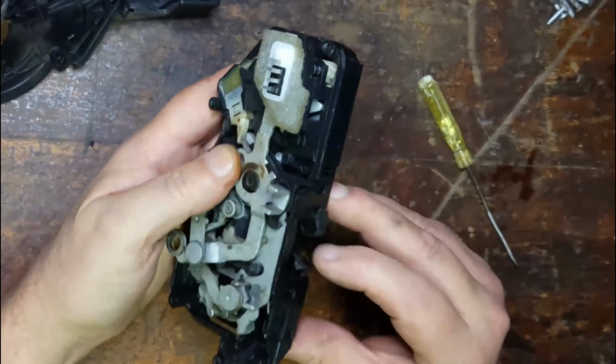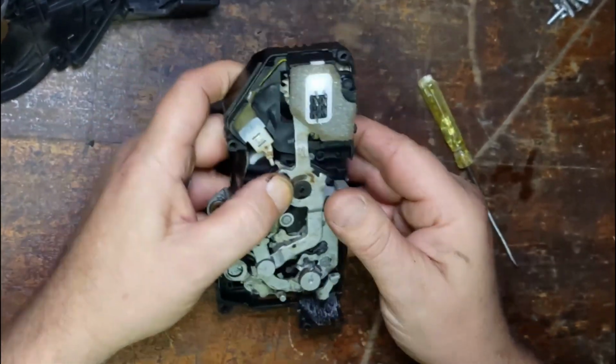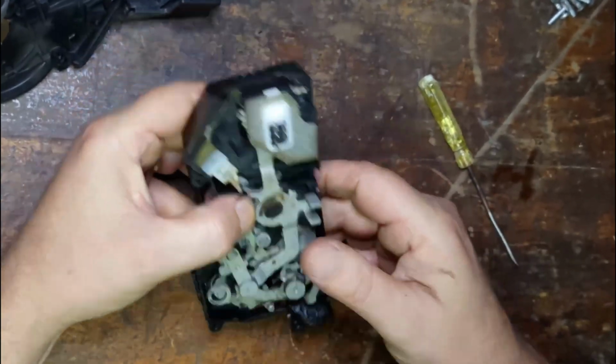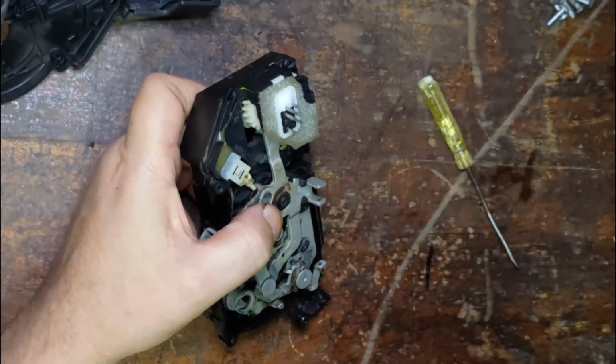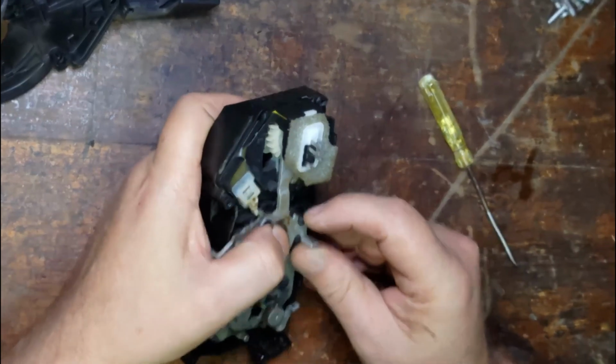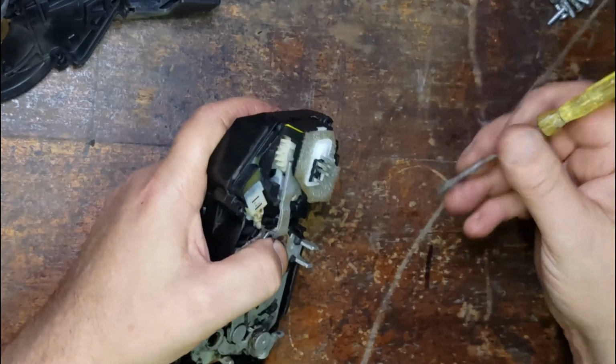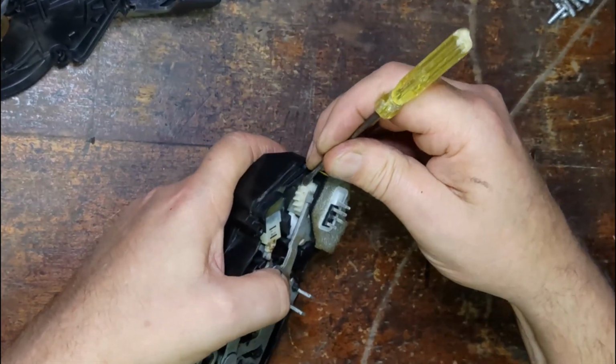So if I latch it, I can't move that, but the door will unlock again. So the problem is in here where the motor is. So if I was to turn that,